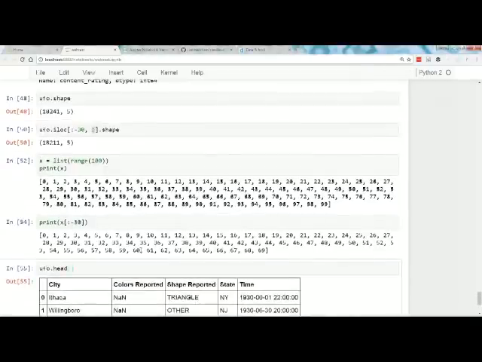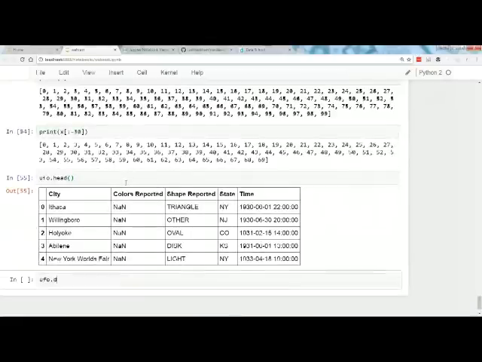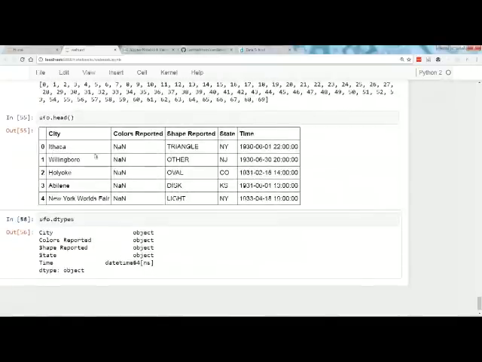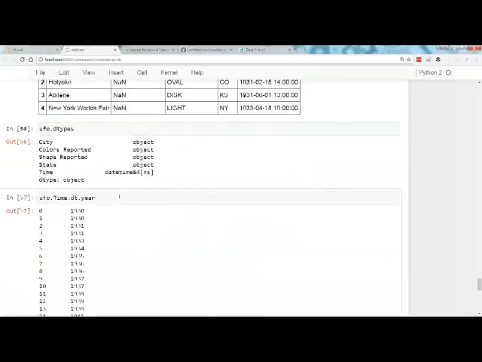And this time is a datetime because I defined that during the import. Because of that, I can do things like this: UFO.time.dt.year, and I get the year out.